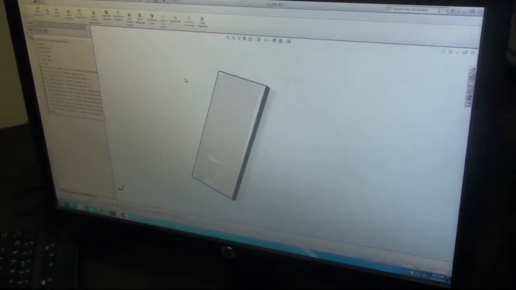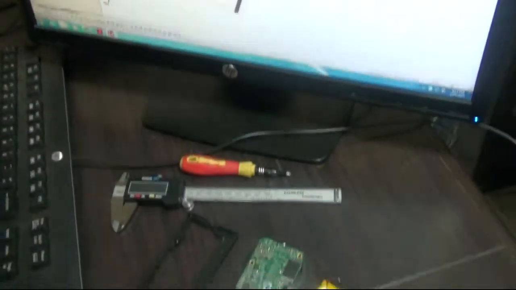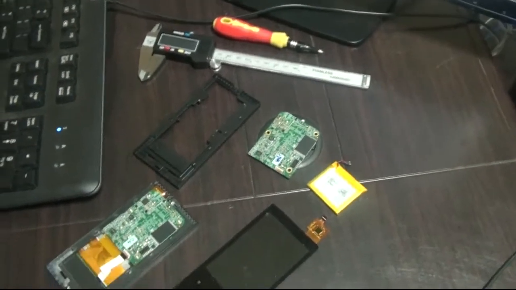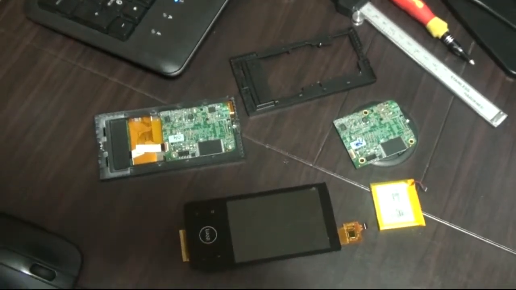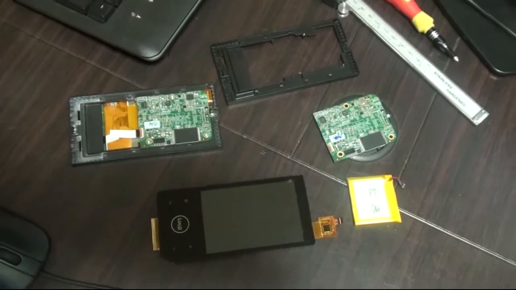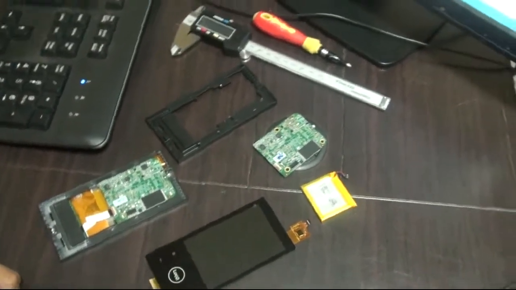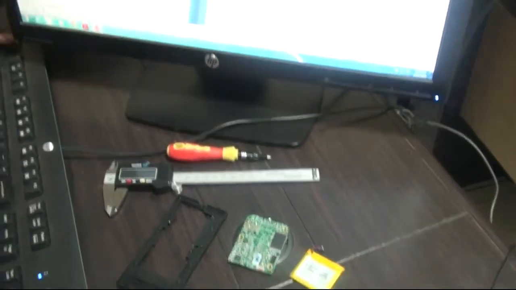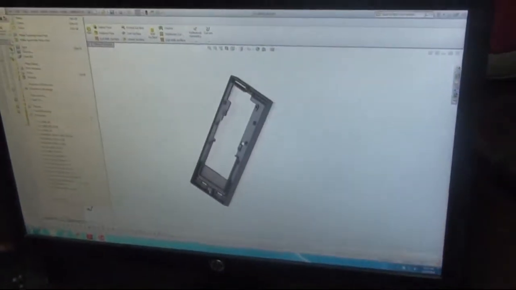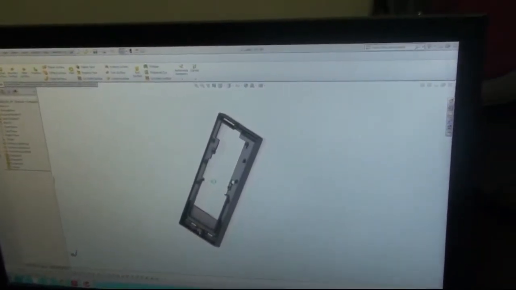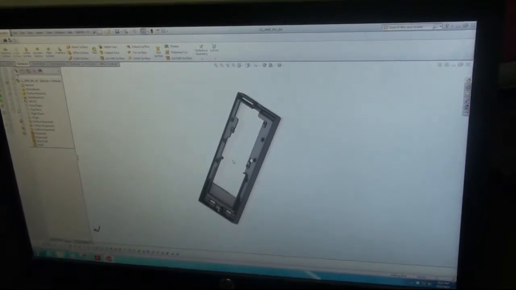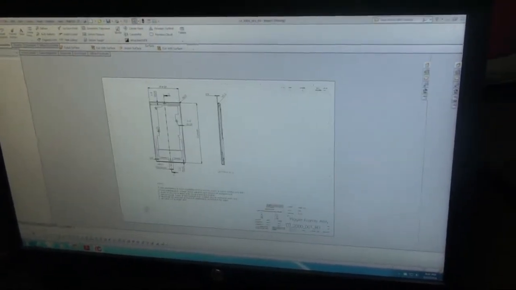Drawings have a lot of data in them, and they are very important for manufacturing. They also contain dimensions and tolerances. For example, for the frame, we will generate drawings with all the necessary data required by the manufacturer.